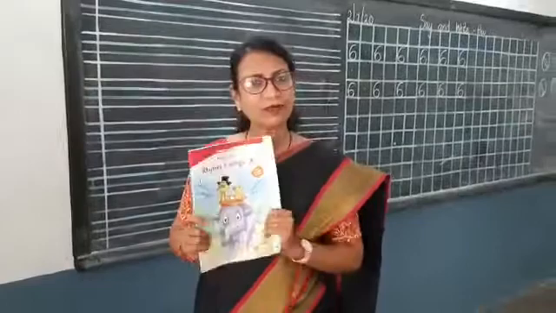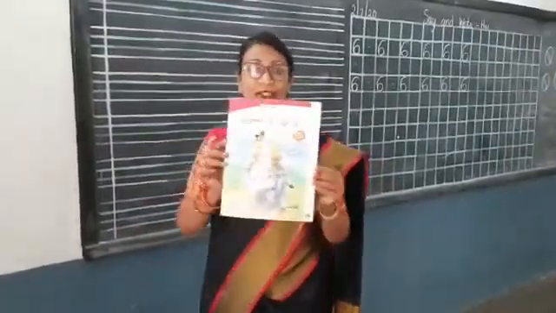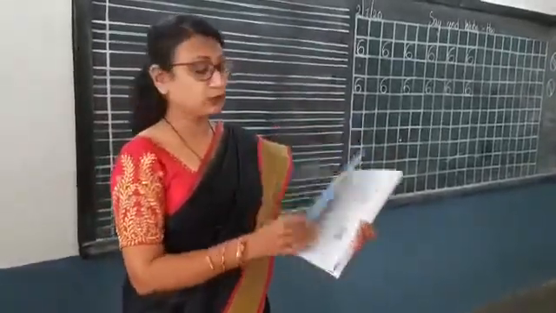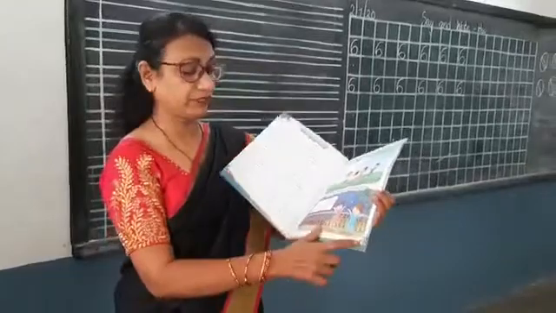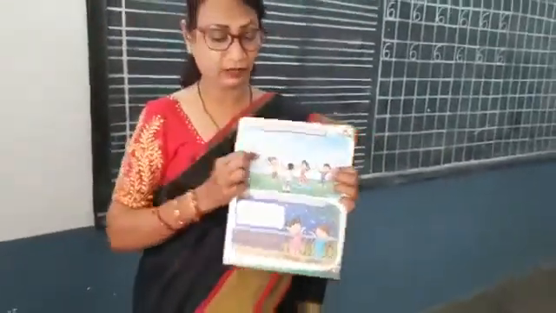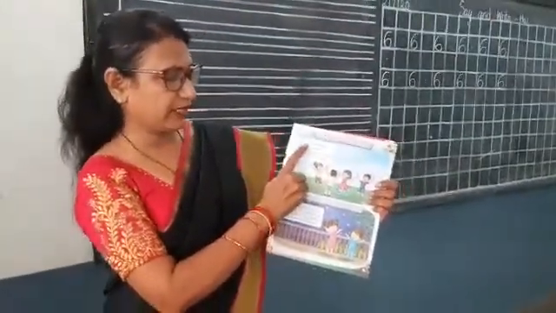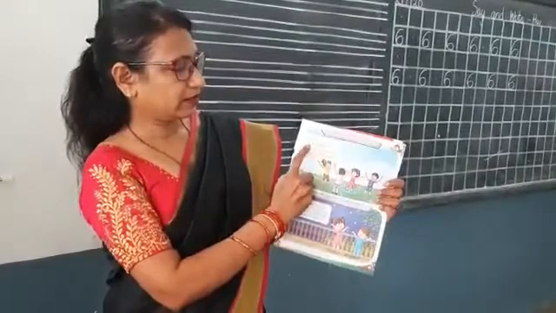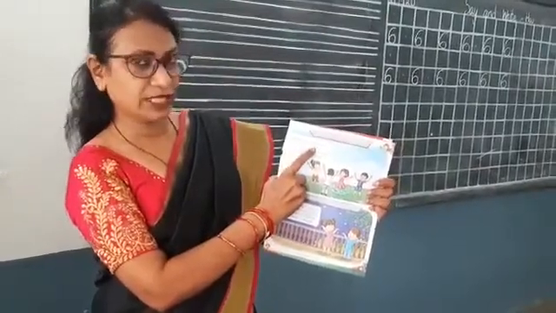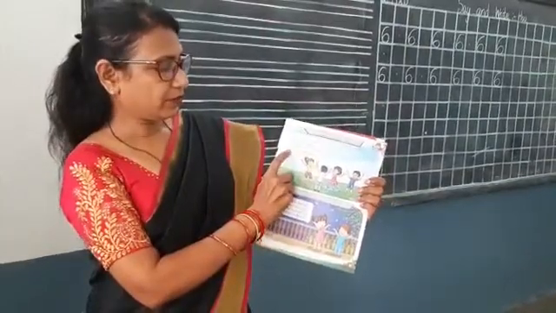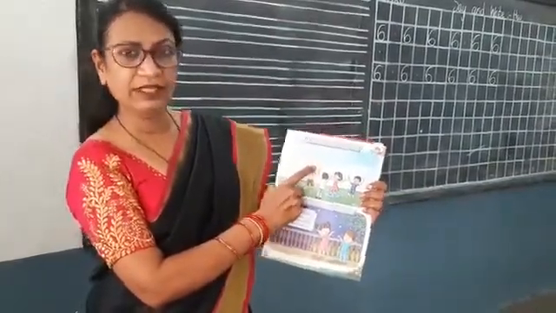Yes, so now we come to rhymes. All of us love to say the rhymes, right? So you all have this book. It says Rhymes and Song A. You have to open to page number 3. Fine? You have already learned this rhyme in the earlier class. What does it say? Come on, let me see. Rain, rain, come again. Come again today. Little children love to say, rain, rain, come again.